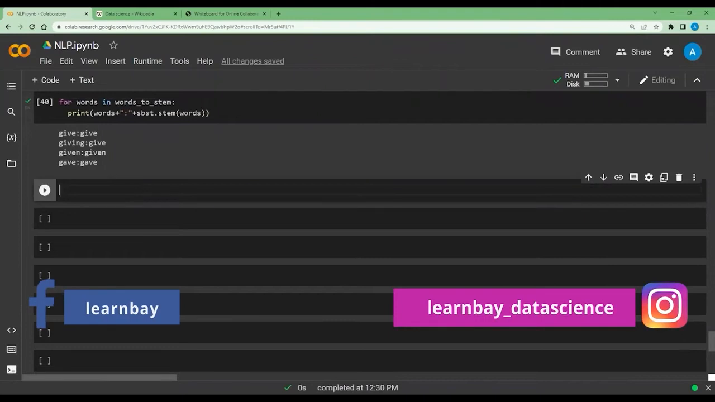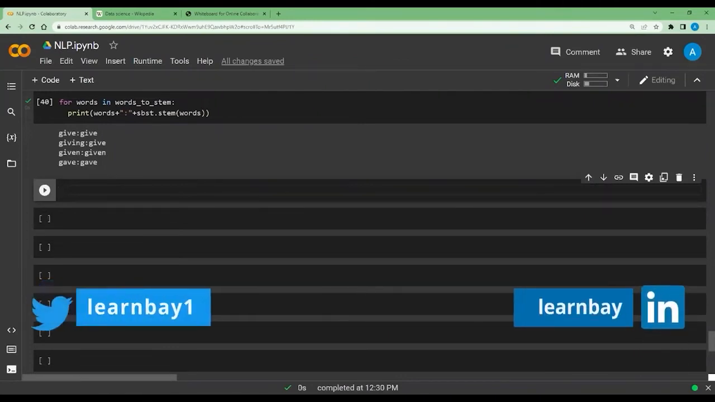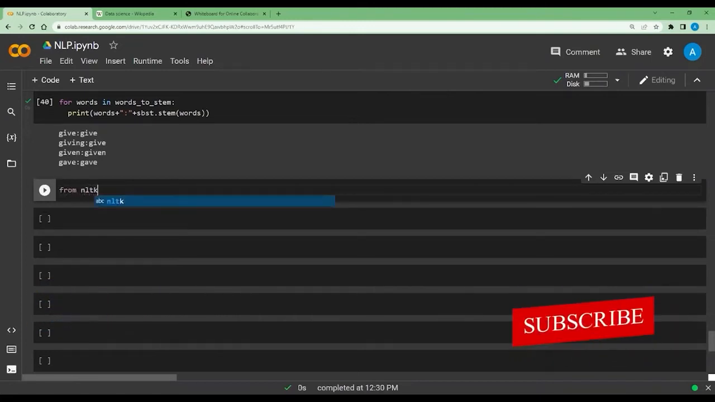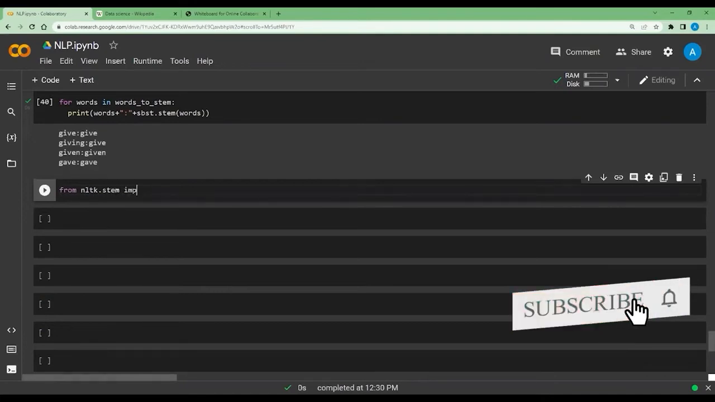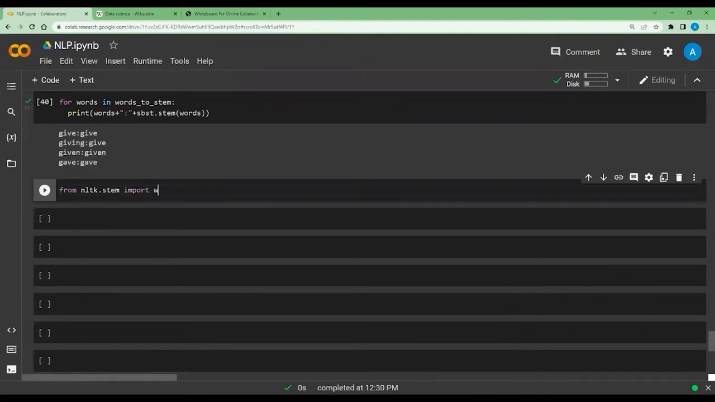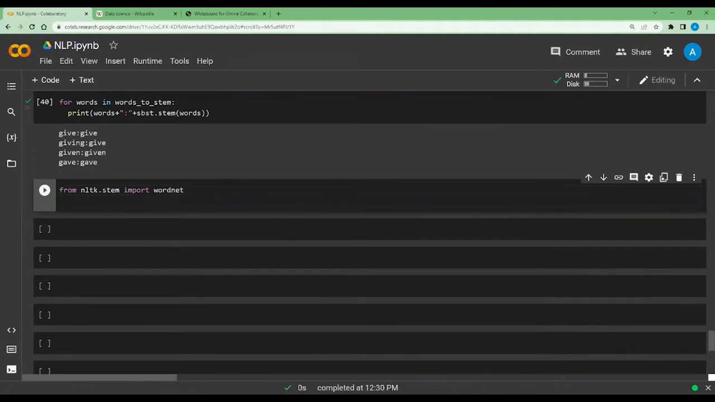some modules that we need to import. That is WordNet and WordNet Lemmatizer. So let's do that. From nltk.stem we'll import WordNet, and from